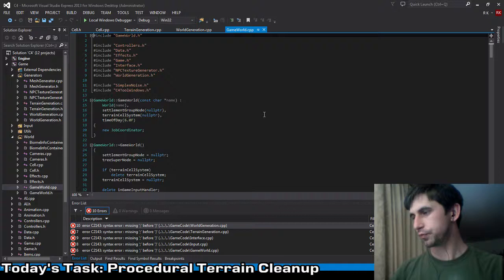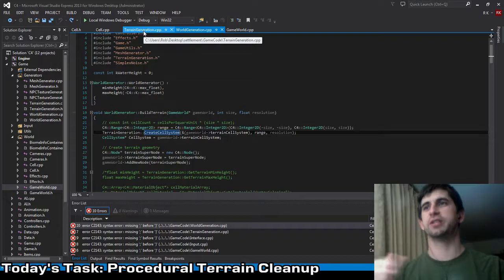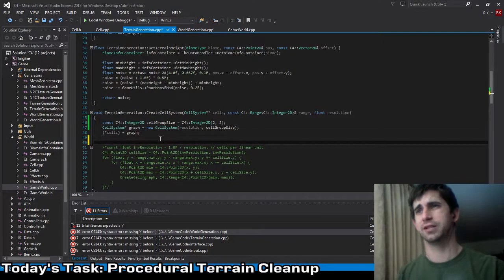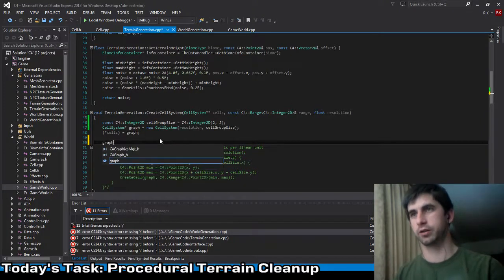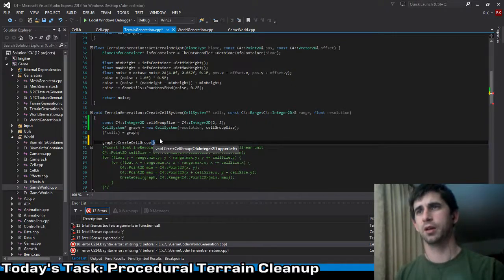As you can see, the call system goes back, and so I can follow it very easily, which is really nice. So we create the cell system, and then we say, cell system, create a cell group for me. And